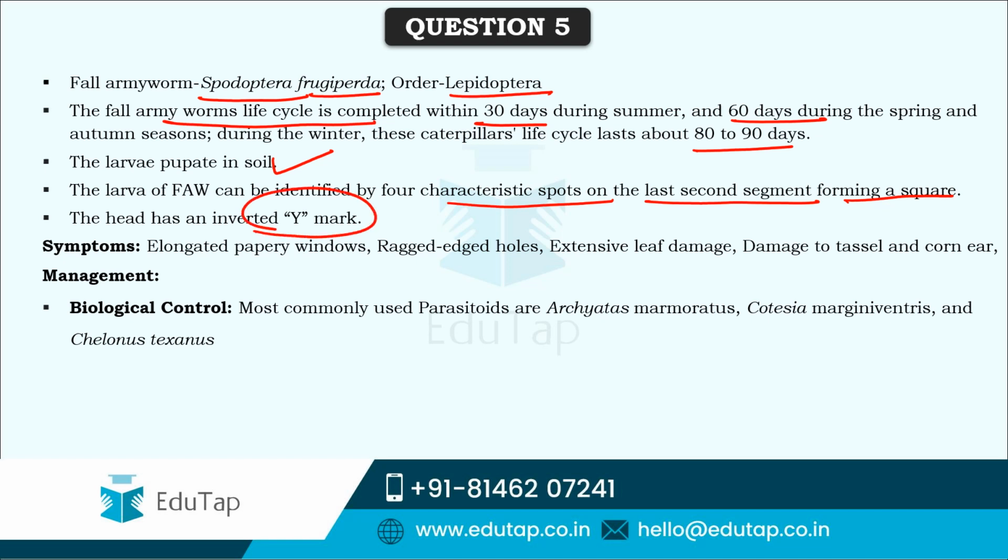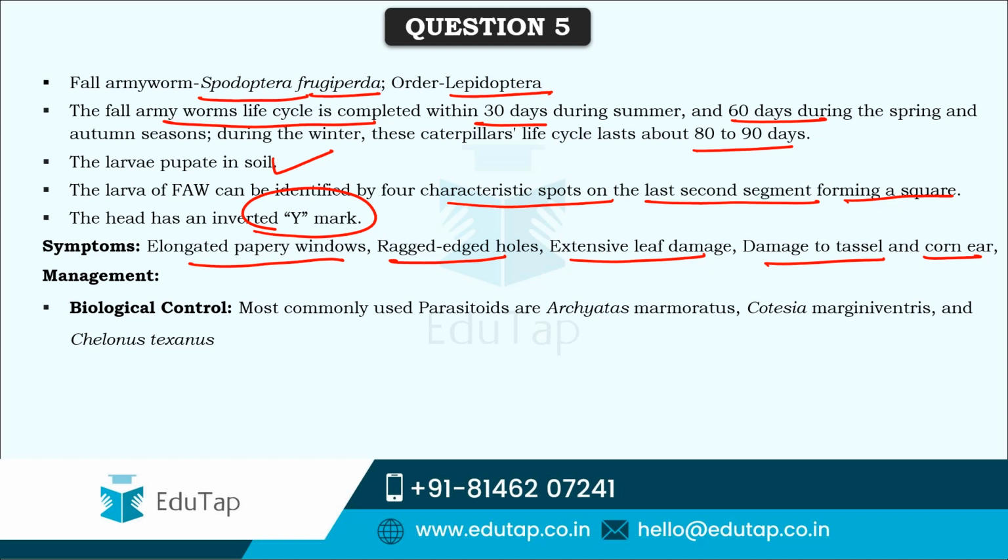Symptoms include elongated papery windows on the leaves which they feed on, and ragged edged holes, extensive leaf damage, damage to tassel, corn ear, and their damage is so severe that sometimes the entire crop gets perished. And the best management practice is using